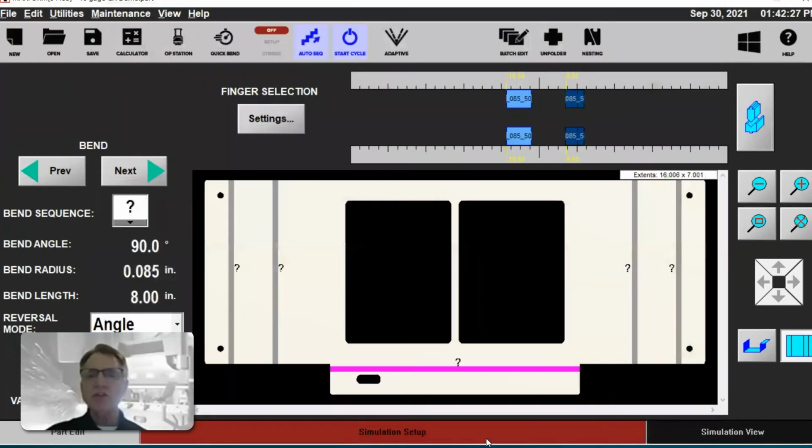And now once those are in the machine, what I'm going to do is I'm going to associate the bends that I'm making with the station that I'd like them to be made on, okay? So I highlight the bend line here, and see that's going to be made on the 8-inch station. And now I'm just going to start over here, the 6-inch bend, I'm going to turn on the 6-inch station. And I'll keep doing that for the other 6-inch bends. I'll do this last one here. And now let's regenerate the simulation one more time.